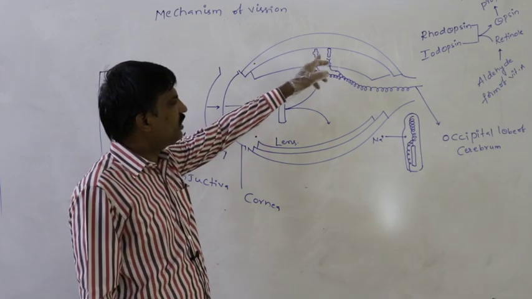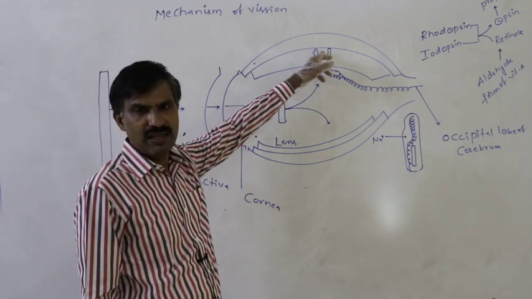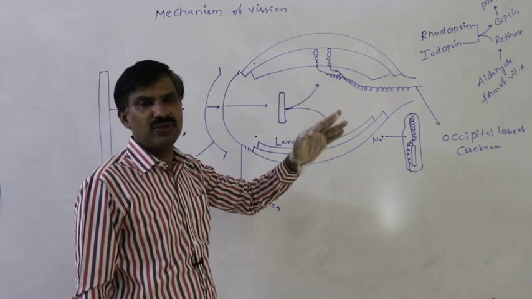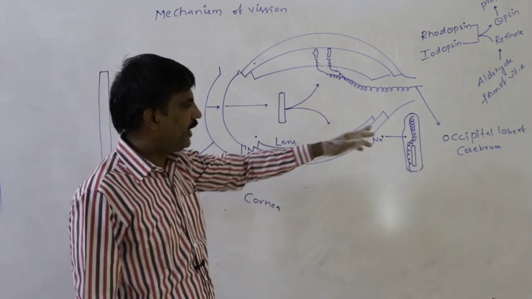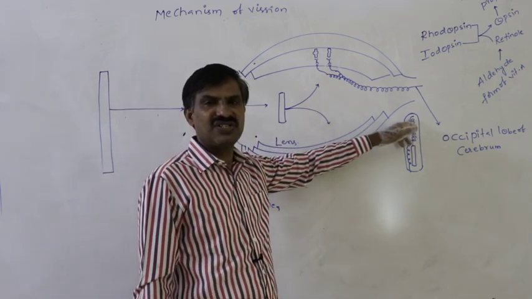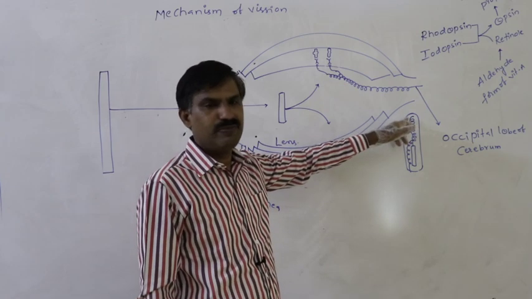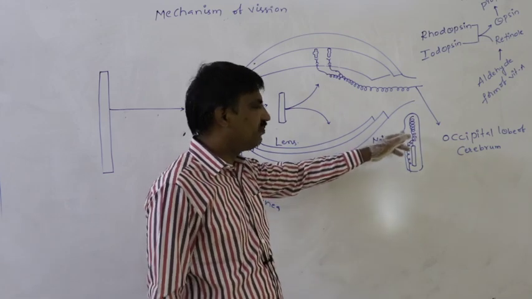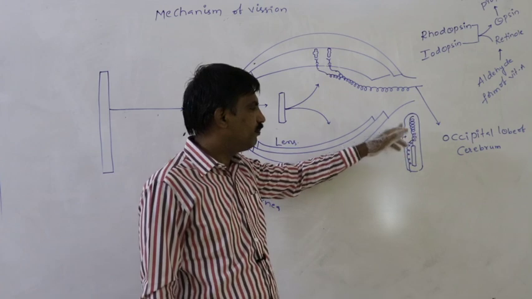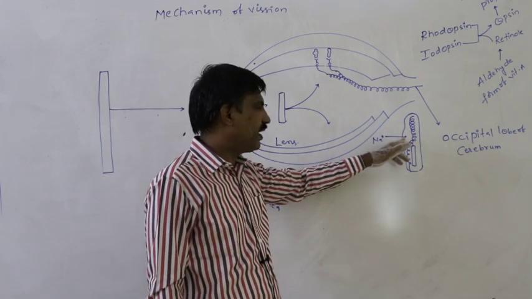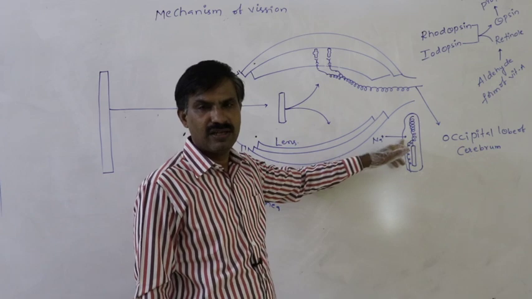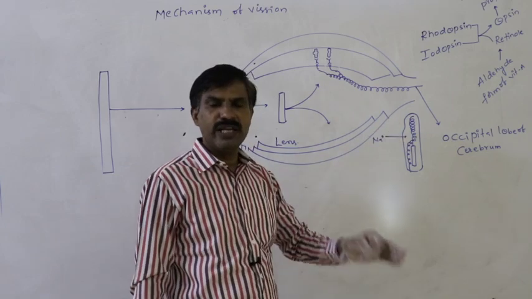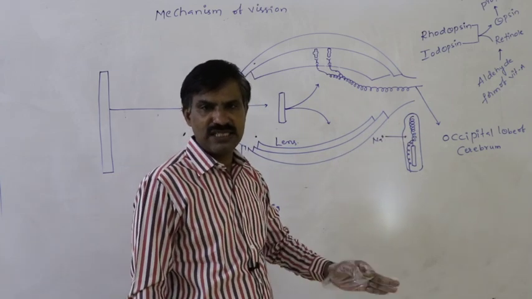At first, against the light which reaches the photoreceptor cell, the photoreceptor pigments are dissociated into opsin and retinol. Later, opsin structurally changes. That means it gets elongated. By that way, this photoreceptor cell becomes elongated. By that way, its membrane becomes very thin. By that way, inward movement of sodium takes place into it. That leads to depolarization at first in the photoreceptor cell.